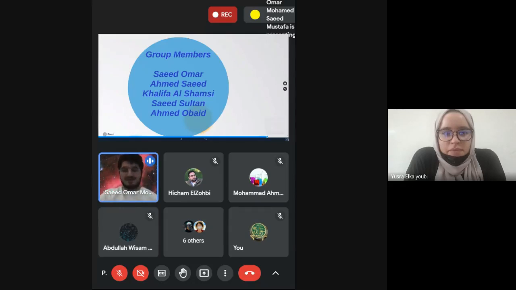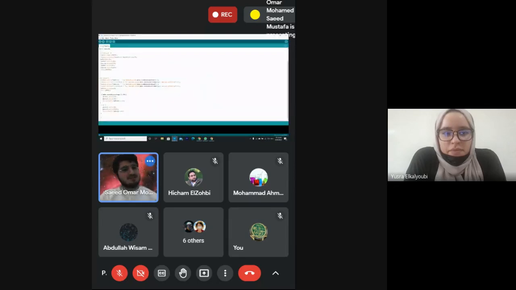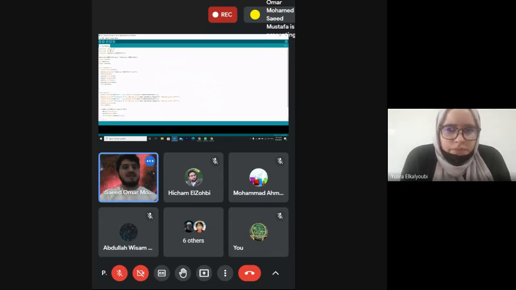Now I'm going to show you the code that we used for this project, and here it is. In our programming, we use 3 main libraries, which are the servo motor library, the wire library, and the Adafruit MLX90614 library, which is going to control the thermometer and get us the values that we need. So all of this program revolves around this simple mission, which is that if the thermometer sensor detects that the temperature of the passerby is higher